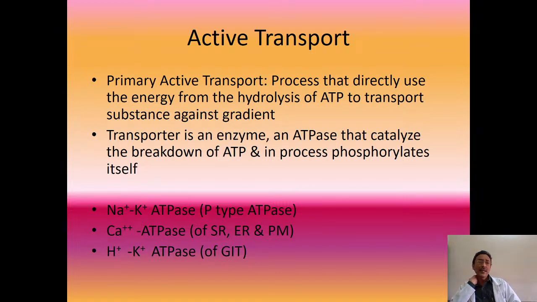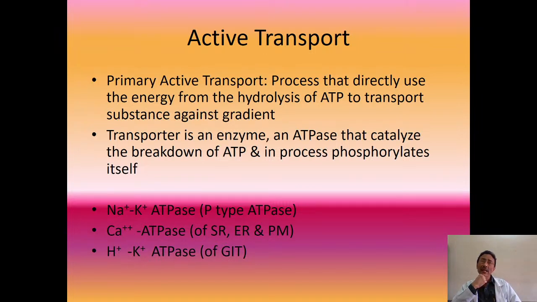Now, P type, what does this mean? P type transporters cause phosphorylation of the energy bonds to facilitate or to cause the active transport. So that is a P type of transport. V type of transport is nothing but a vacuolar type of transport where the vacuolar energy is used in the transport of substances, and that comes under the example of calcium ATPase. Then we have the F type of transporters, which are nothing but an energy coupling factor.